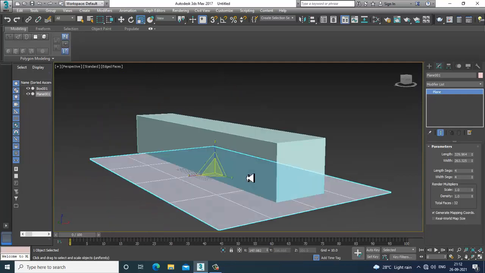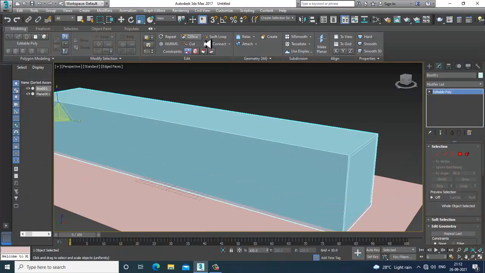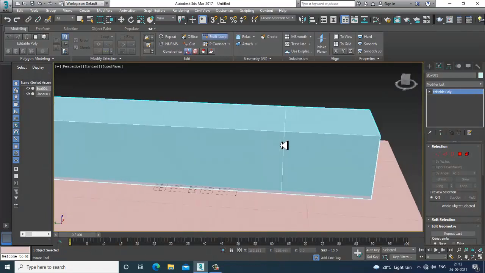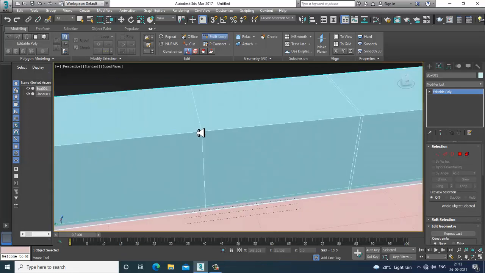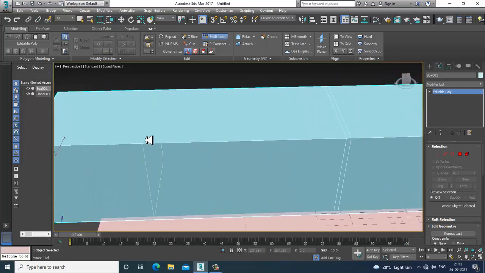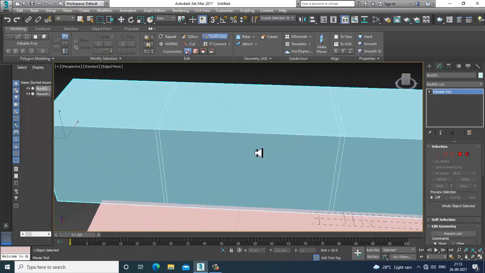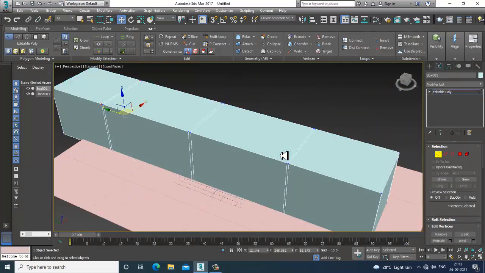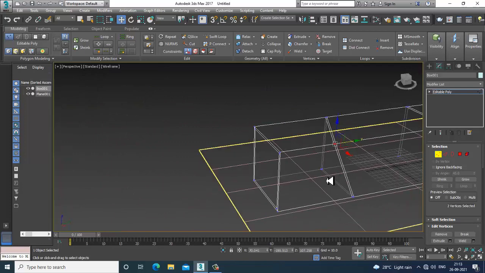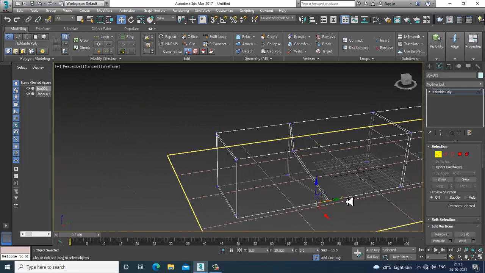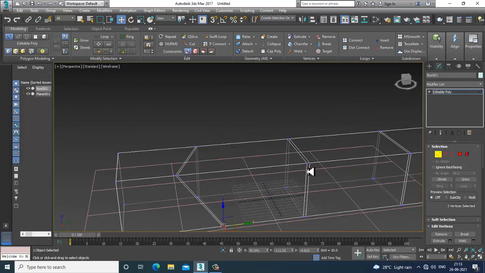So now what I'll do over here is put some loops. Let's put some loops. So this would be a part of your light. Let's just drag it.